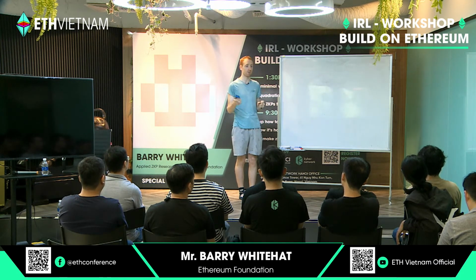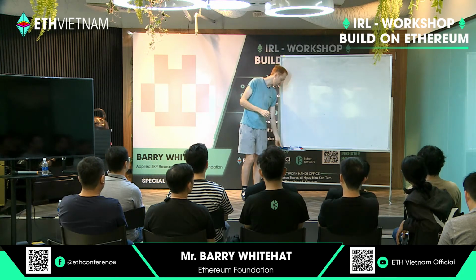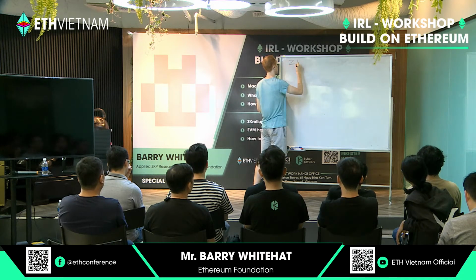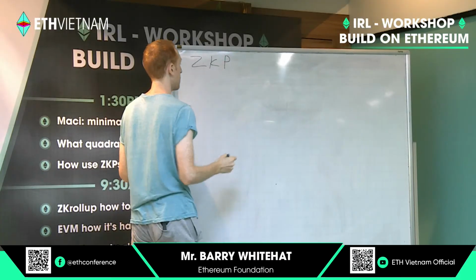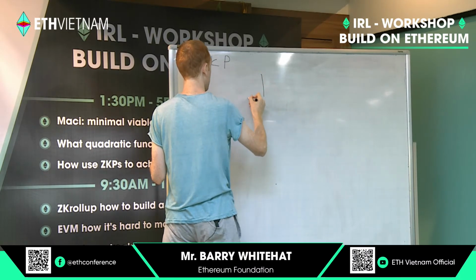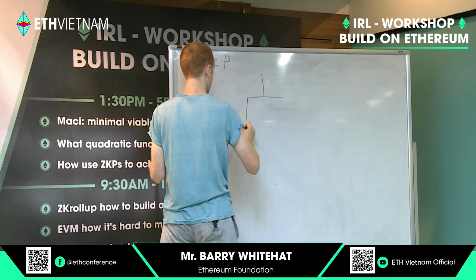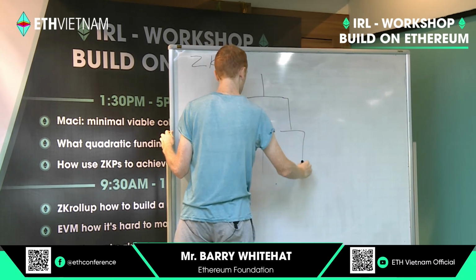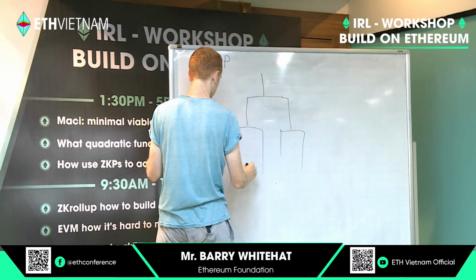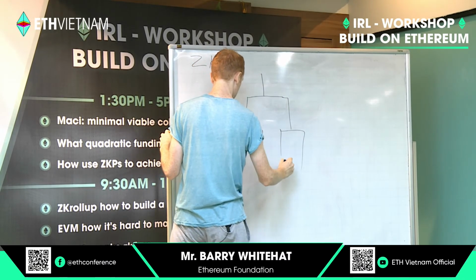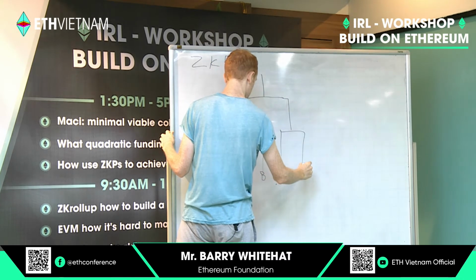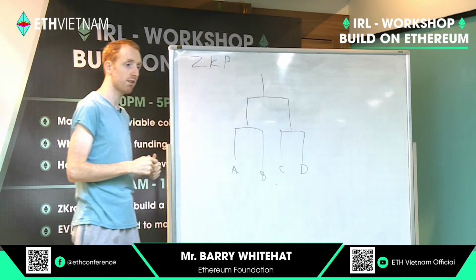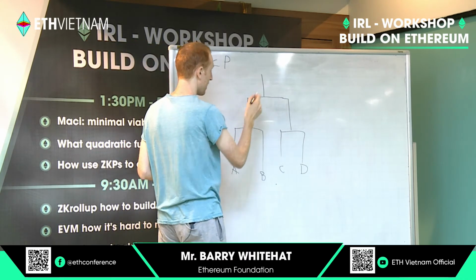and that's called a Merkle root. And basically the way that we calculate the Merkle root is that we make this kind of tree. This is called a Merkle tree. We have this tree where we have all of our users. There's Alice, Bob, Carol, and Denise. So each of these users has a leaf in the tree,